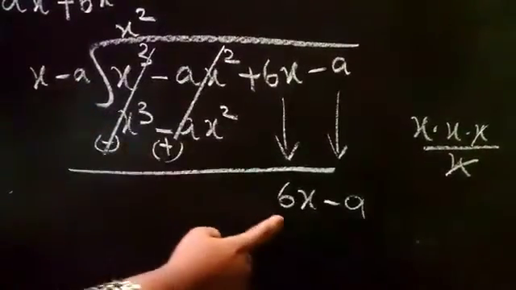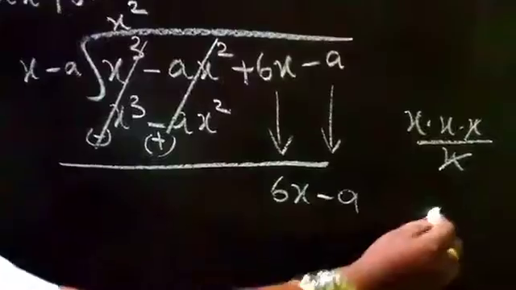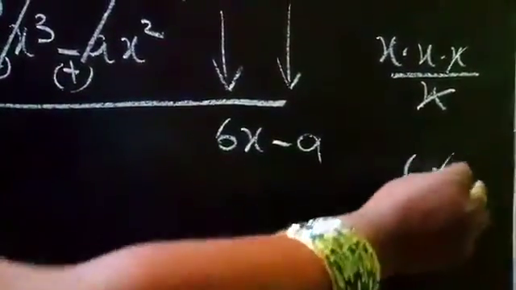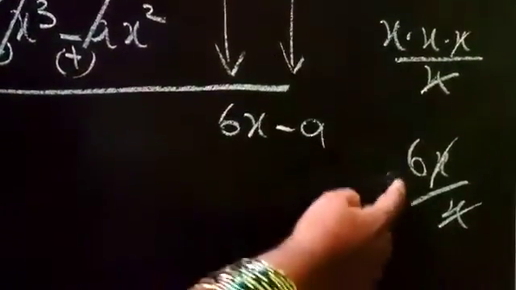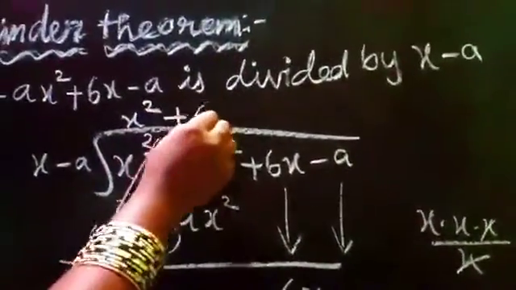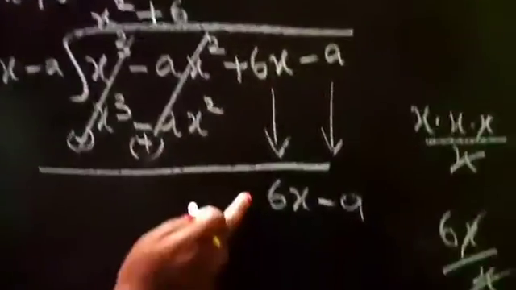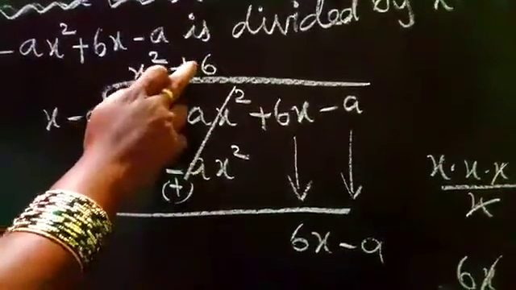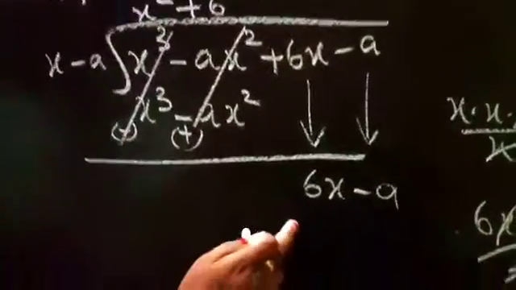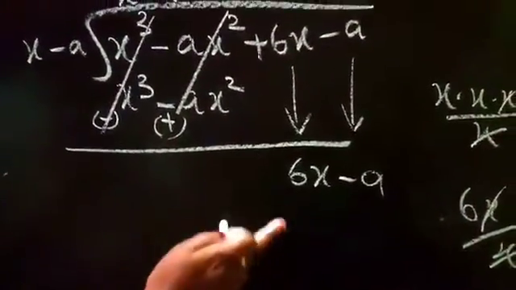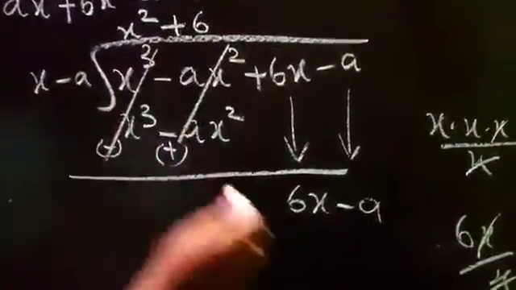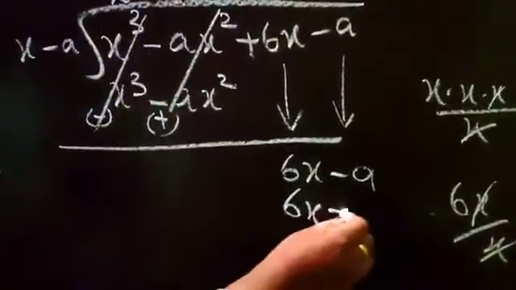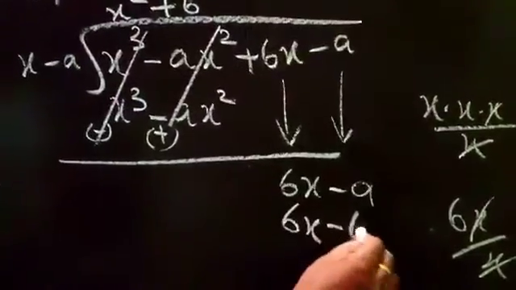So now this is 6x divided by x. 6x divided by x, x in numerator and denominator will get cancelled. We have x, that is plus x. Because we have plus in this place, we have to write plus here also. Now plus into plus is plus only, we need not write it in the first place. Then 6 into x, 6x. Plus into minus, minus, 6 into a, 6a.